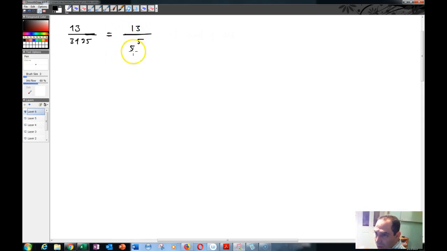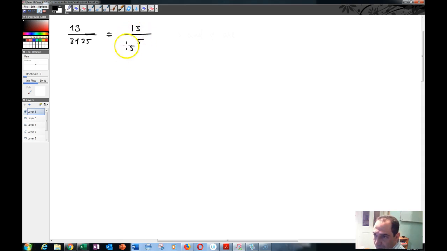So, you see that P and Q basically have no common factors. They are co-prime, because you have a 13 over here, and you have some factors of 5 over here. So basically these two numbers are co-prime. And if you have